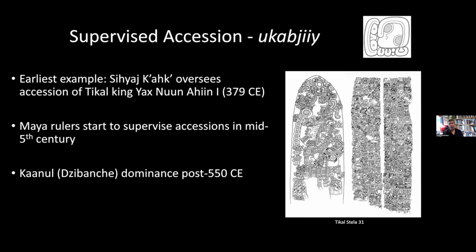Kanul comes a century and a half later, starts doing the same thing and creating its own kind of network, and that's where we get the first really indigenous Maya geopolitical hierarchies starting to show up, or at least being well reflected in the epigraphic record. But in this case, again, we have Teotihuacan introducing a new political concept into the Maya area that at least we don't have any evidence of prior to that.